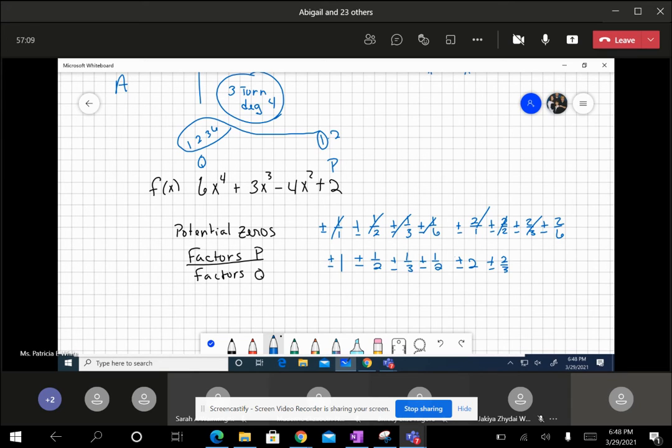Now, am I saying all of these are my solutions? No, I'm not. You need to use Descartes' rule and tell me how many positive solutions. How many times are my signs going to change? I'm positive, I stay positive. I go to negative, so there's 1 change. And then I go back. So my signs change twice. So I have 2 or none